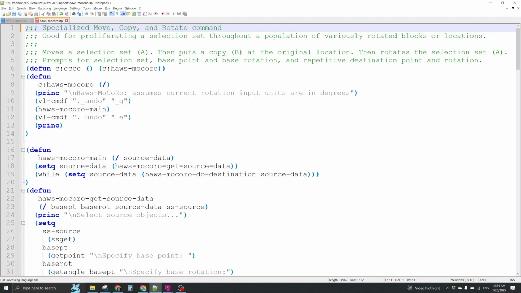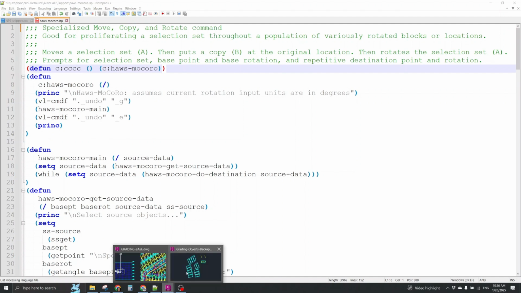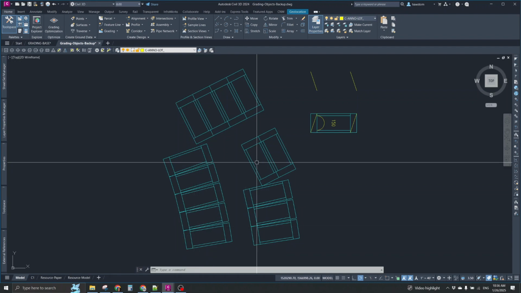I created my version of a move, copy, rotate tool. It's good for proliferating a selection set through a population of rotated blocks or locations. I gave it an alias of CCCC for productivity. I'll show you quickly how it works for generic drafting, and then I'll show you how I would apply it